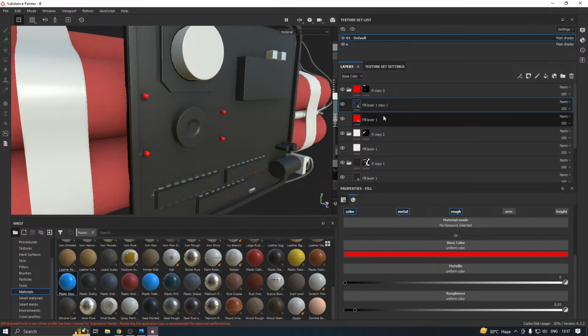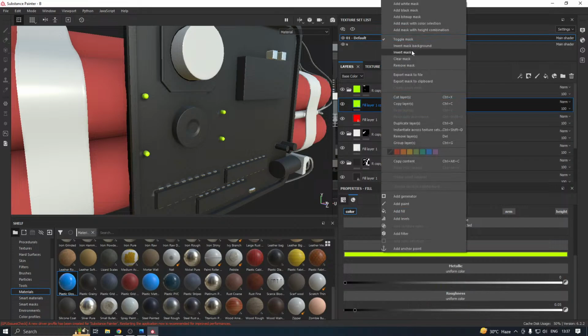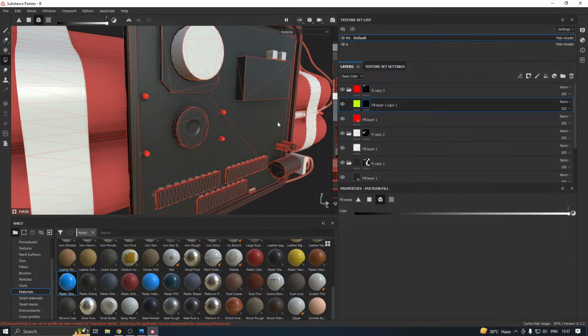Maybe you should duplicate this one, change the color to green, add a black mask, and here